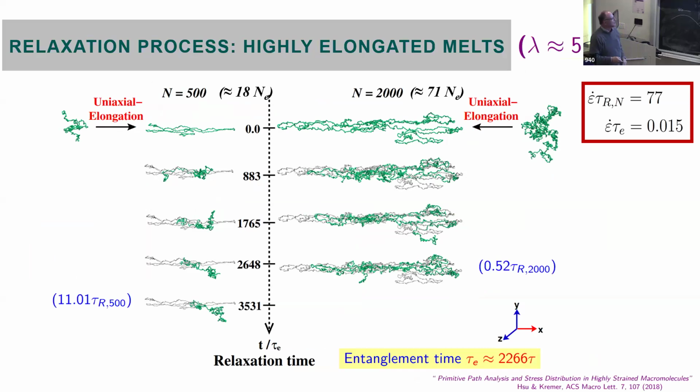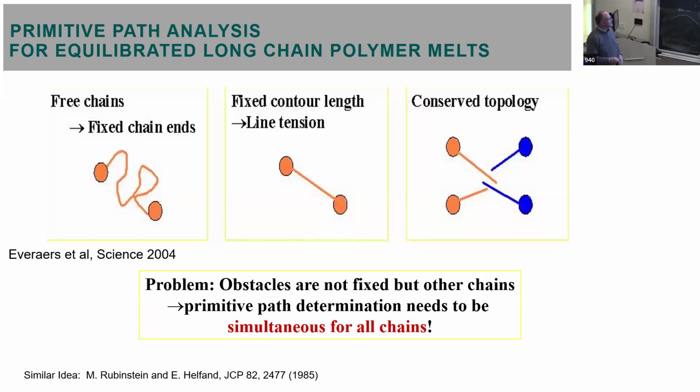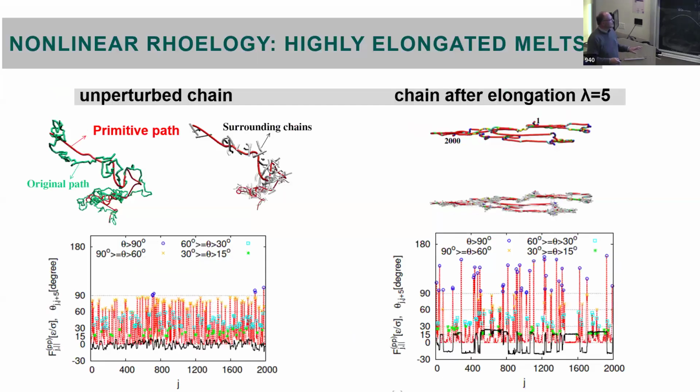And this is what we would like to understand better. So what one would expect, as I said here, is that the chain pulls back in here and then explores new spaces. And to do this, we look at this primitive path analysis. I don't want to go through details here for the sake of time. And what you find is when you calculate the primitive path along the backbone of the original path, you see